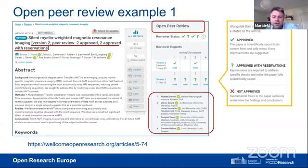But on the right-hand side is where you can really see how this paper has developed over time. So the first version of this paper was published in April, and there were 4 reviews that came in for that, and all 4 of the reviewers had some reservations about the paper. So they thought that there were some key revisions that needed to happen in order for that paper to pass the peer review threshold. So the author went back, did some changes based on what the reviewers had said, and they published a second version a few months later. And as you can see, reviewers can then change their statuses. So in the